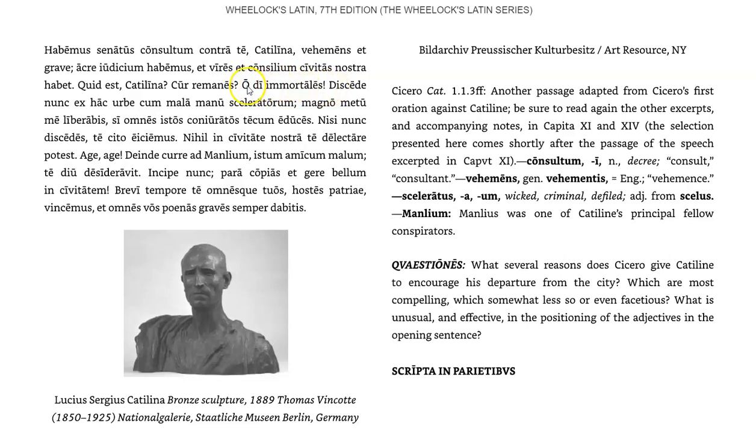O immortal gods. In fact, this is one of the most famous quotations in all of Latin literature. O immortal gods, leave now from this city. So here's our imperative going back to chapter 1. So depart. So leave now from this city with your band of bad conspirators. Or here they have with your band of wicked men. Kind of stopping right here